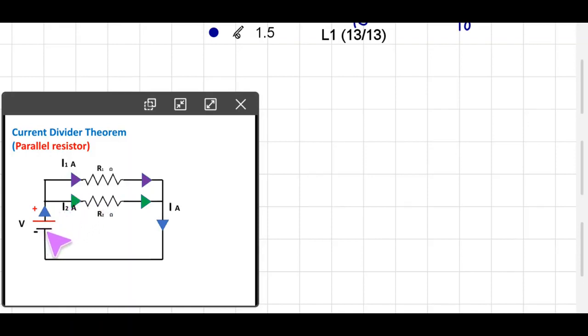So see here, in this case, this is a battery, a potential source, which is providing current. Suppose current I is passing here. When it comes to this point, some part of the current flows through this resistance R2 and some part flows through I1. So that means the current is divided. Now how do we find out the current I1 or current I2 if the value of I is known? So the input is I, then it splits into I1, I2, and again it comes back to I. So now we have to see the current divider theorem.